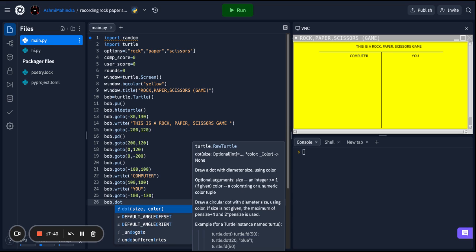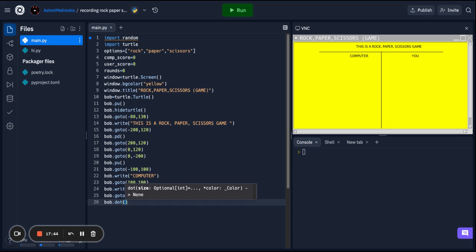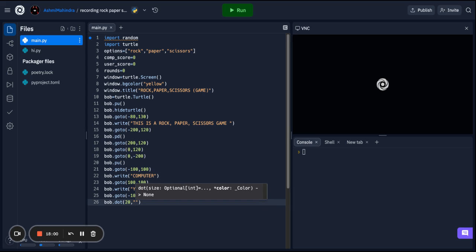So what this does is it creates a dot, and now you're gonna give the size of the dot, and I'm gonna do 20 by 20, and then you're gonna do color, and the color is going to be black,